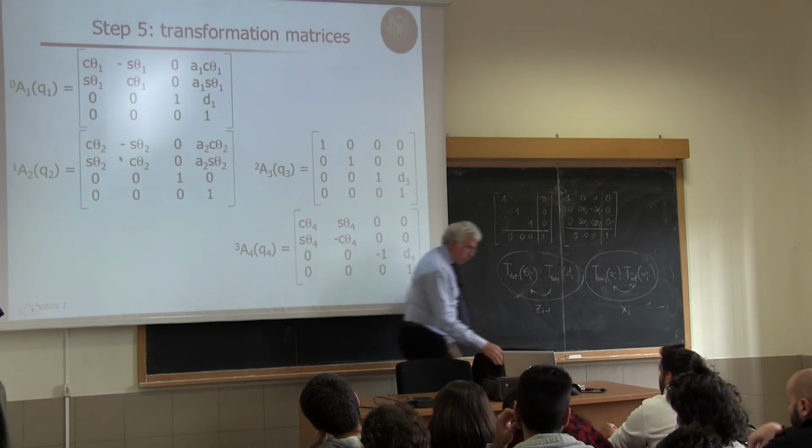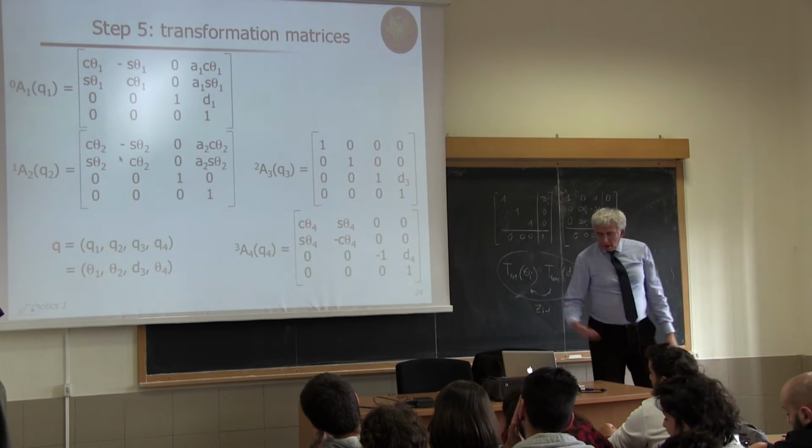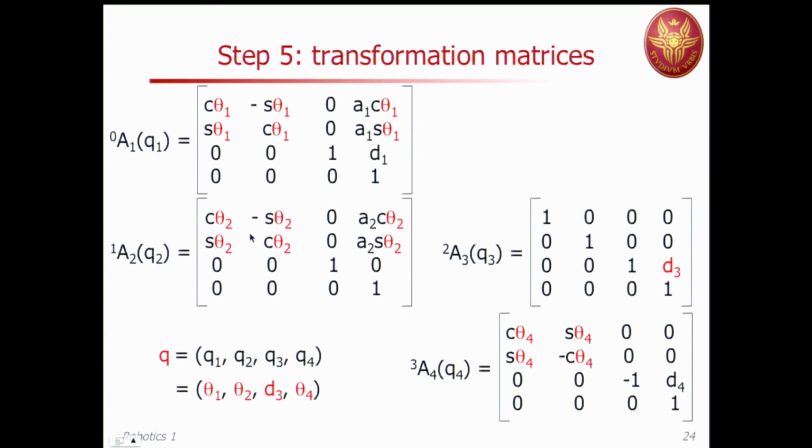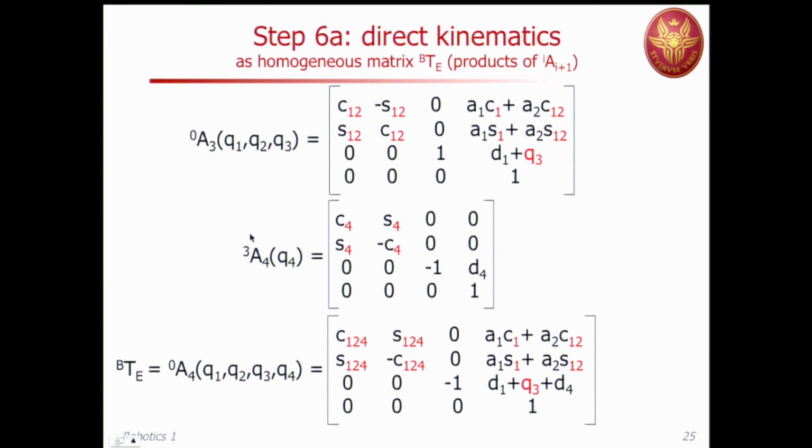Okay? So, and now, these are the Q's, of course, like we defined. And I start doing products. For instance, I do the product of A01 times A12 times A23, and I get this one. Then I have A34. And if I do the last product, this is what I obtain. Of course, you can do the product in the right order, but you can group things the way you prefer. Okay. Now, what do I recognize here? First of all,